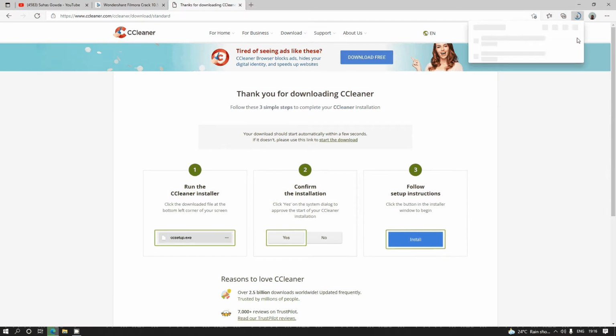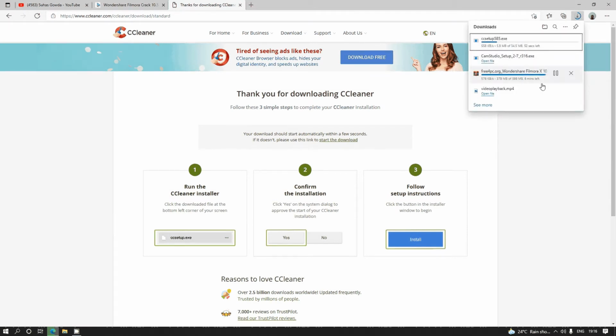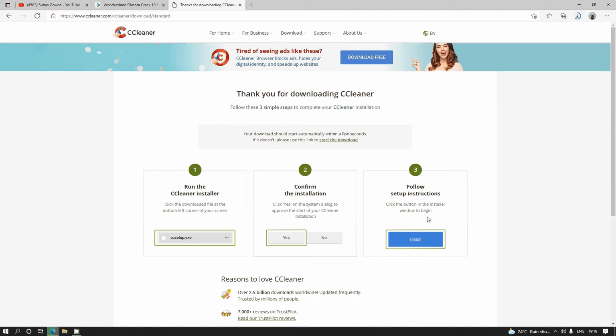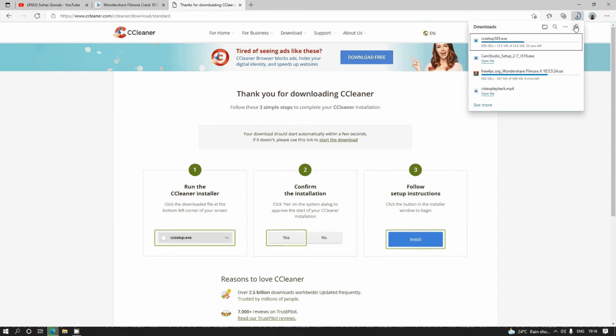So I'm looking for the download. It is downloading my software. We need to wait another 2 to 3 minutes, and then we can find the software in my downloads.